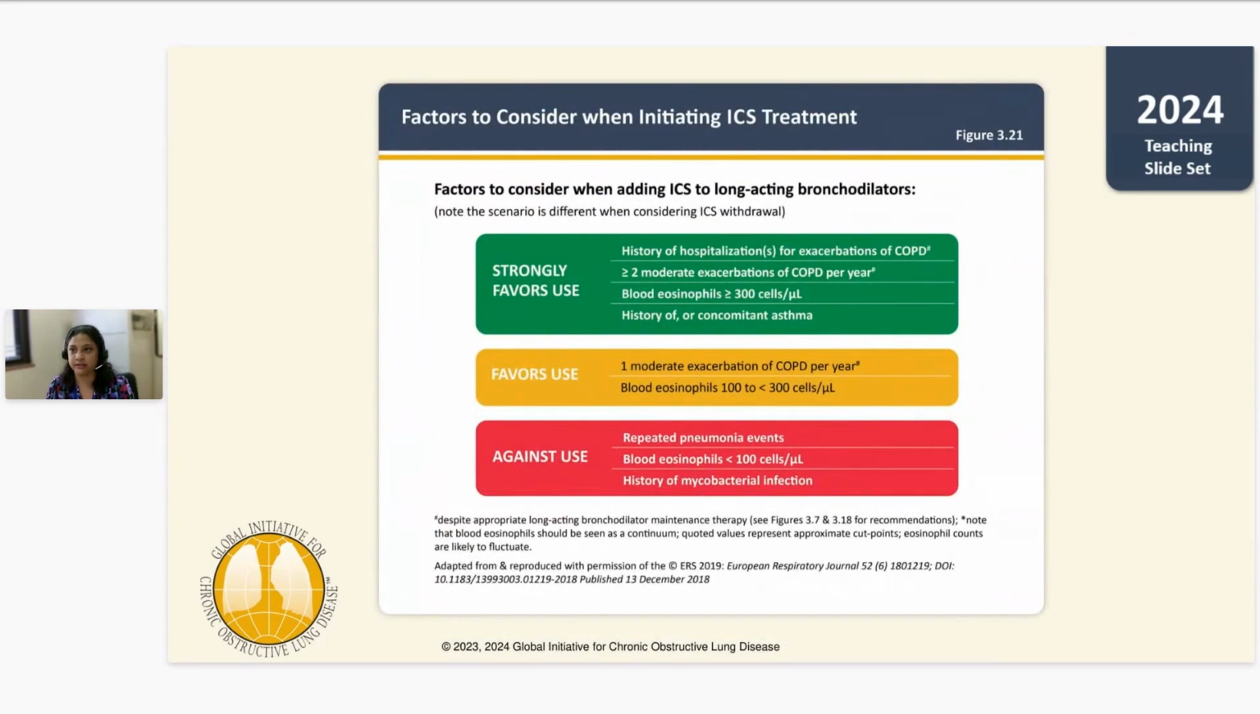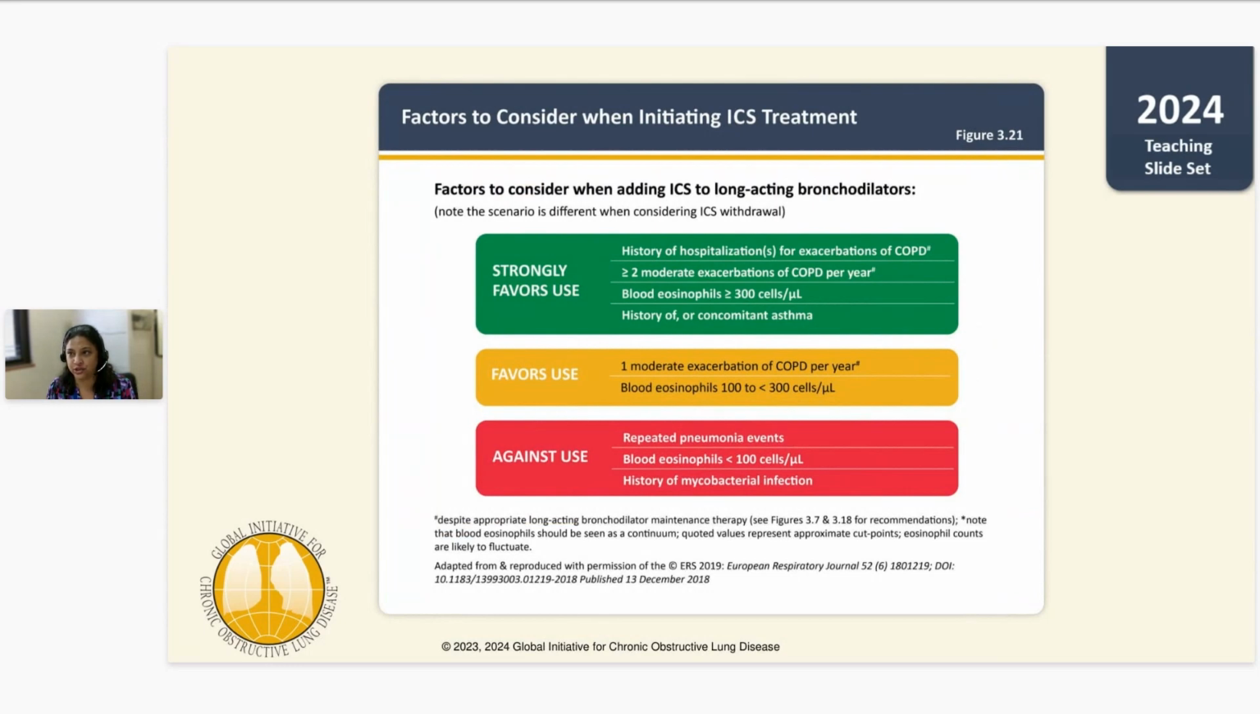Going back to the point about initiating the inhaled corticosteroid therapy. I told you that the inhaled corticosteroid add-on to the maintenance therapy can increase pneumonia risk, but it also has a mortality benefit in those patients with severe symptomatic COPD. So the factors to consider when you're balancing those two, the patients that would strongly benefit from the inhaled corticosteroids